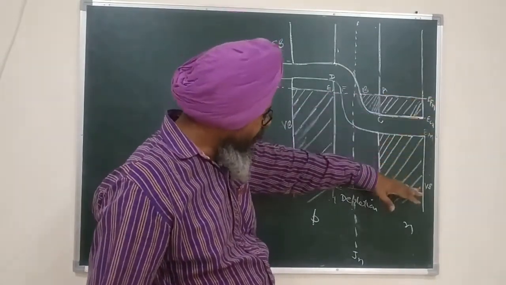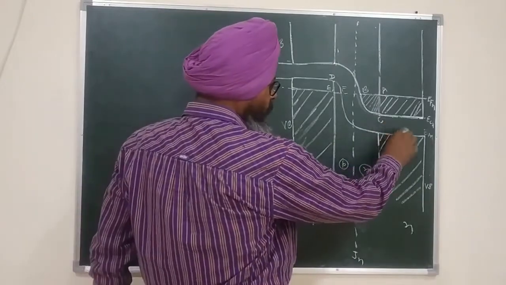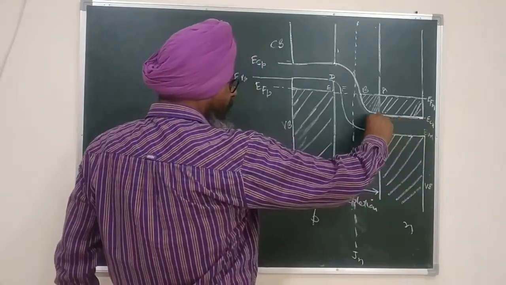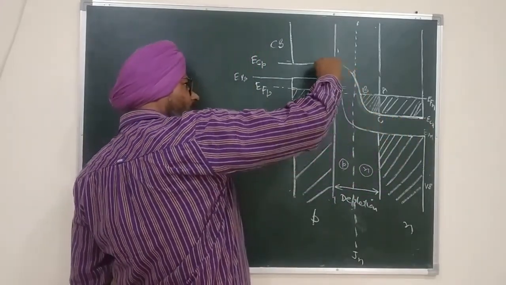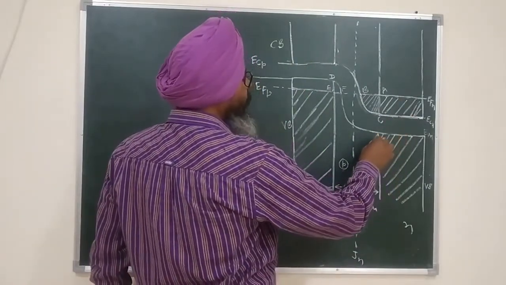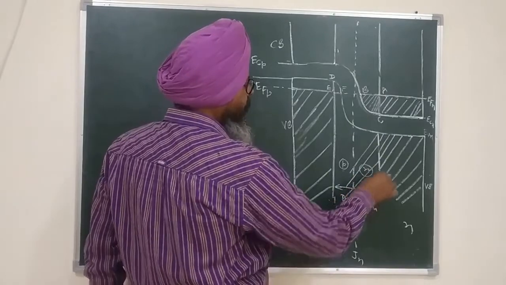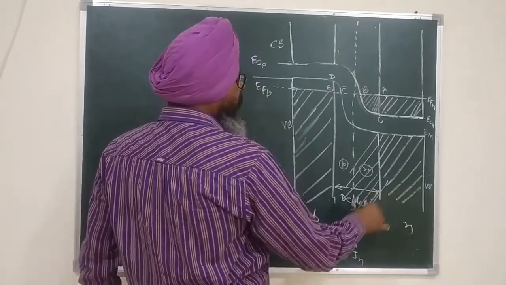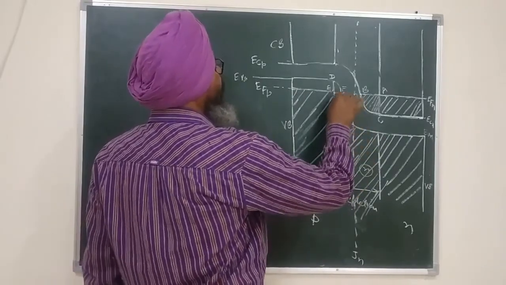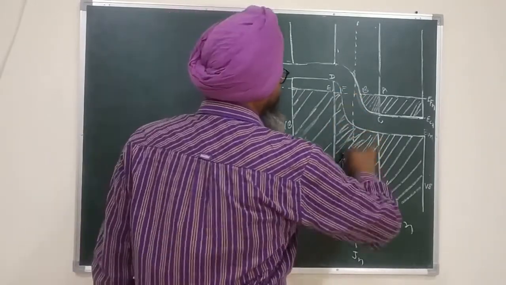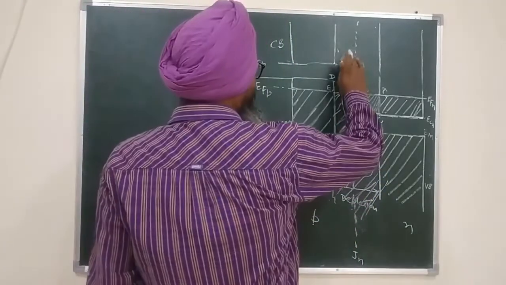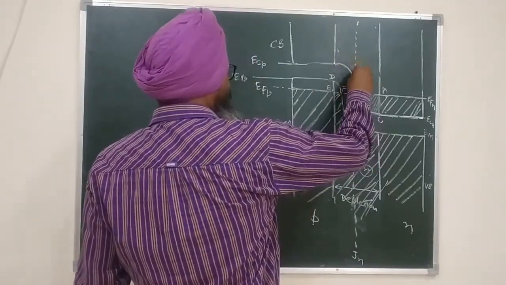All states below Fermi are filled. You cannot fill this region. This is the energy gap, and remember, this whole region is the energy gap. Do not show any filling there. But everything below Fermi should be filled. So I can mark this as filled also within the depletion region, because these are the states which are below Fermi. I can show them as filled. I initially told you that the diagram was incomplete and I would complete it later on. Now it is a filled region.